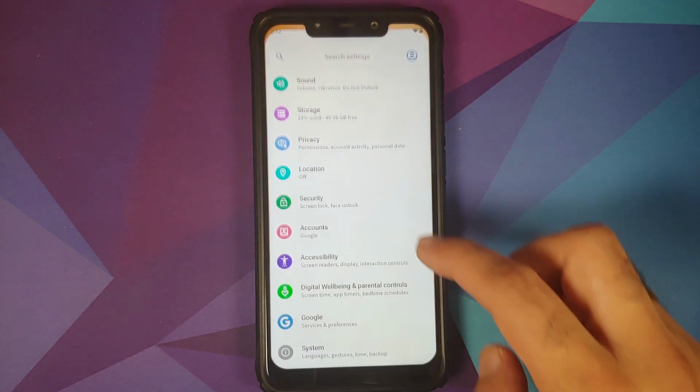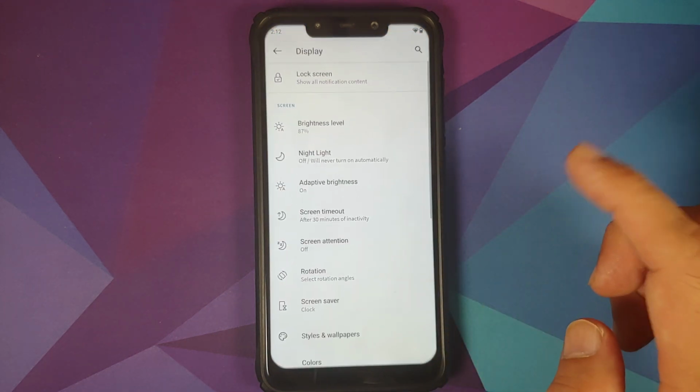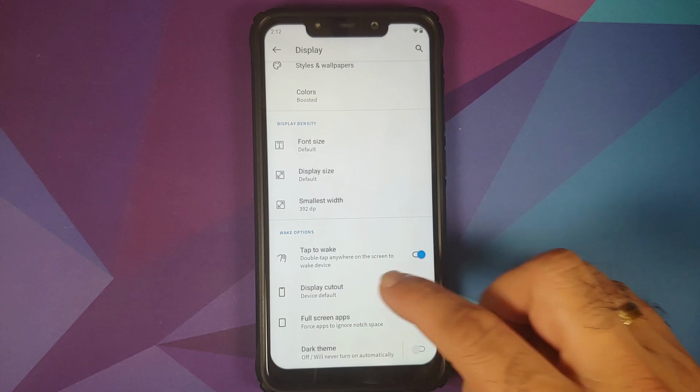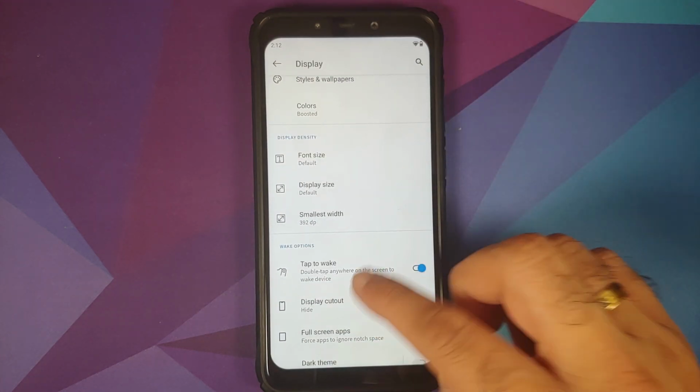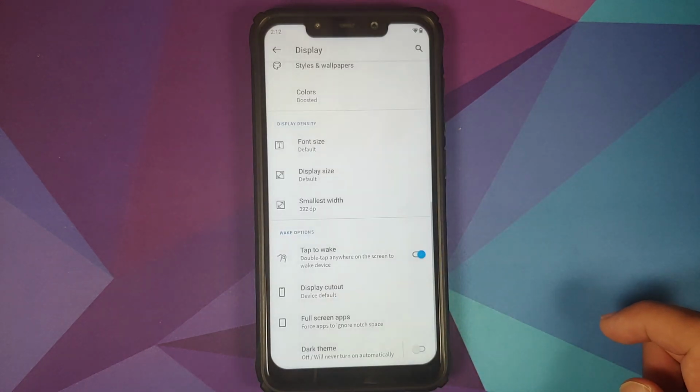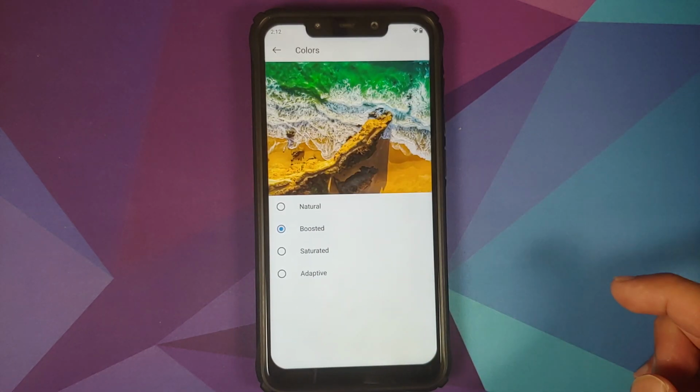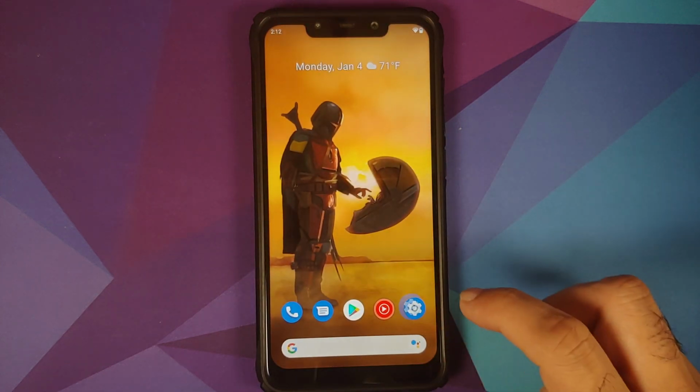Then if you want to hide the notch, you can go into settings, then display, and here you have the option for display cutout. There it is, you can hide it, rounded corners in the building, and hide notch working like a boss. Unfortunately, you do not have the option for live display in this build.